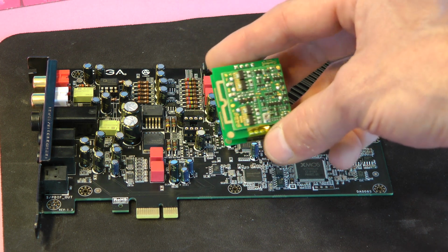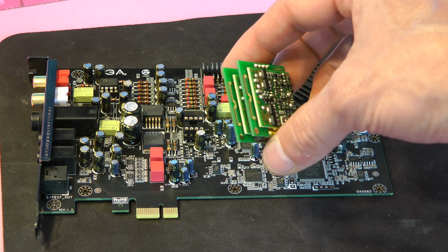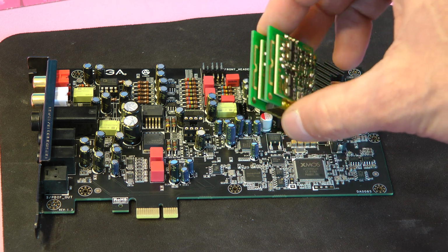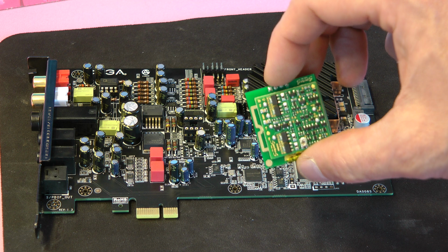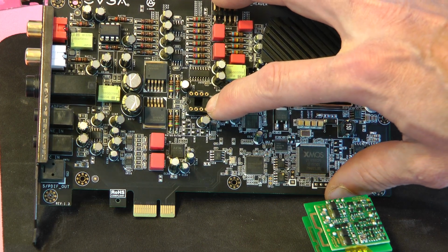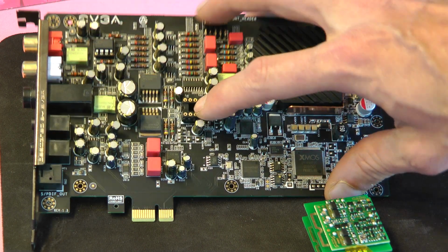I've tried this Sparkos op amp in a bunch of different devices. So far, nothing really popped out as being a good synergy with this. I should say it runs from approximately, I think, 9 volts to 24 volts. That's the range of this op amp. And this socket is, oh god, I think it's 16 volts, maybe 14, but that's this socket's op amp socket. So